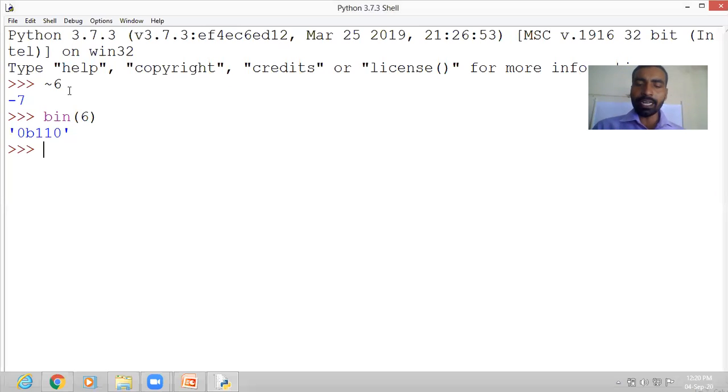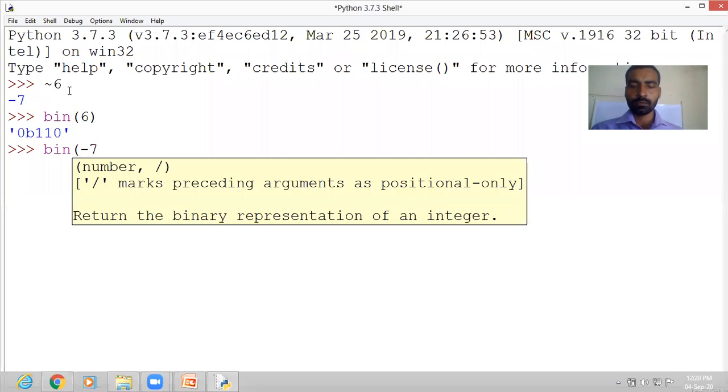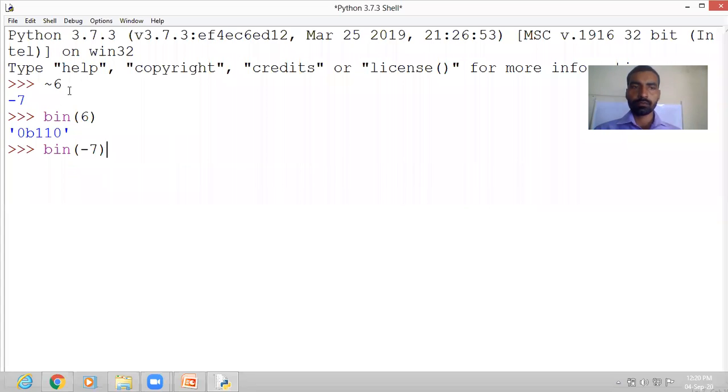And now if we check the binary of -7, it is 111, and that also given in the beginning minus.